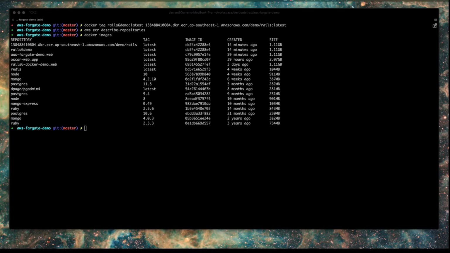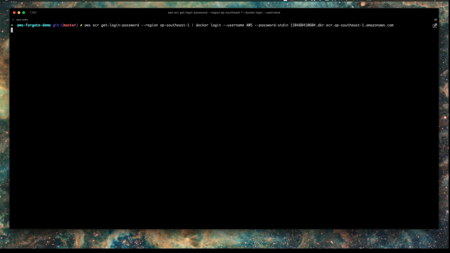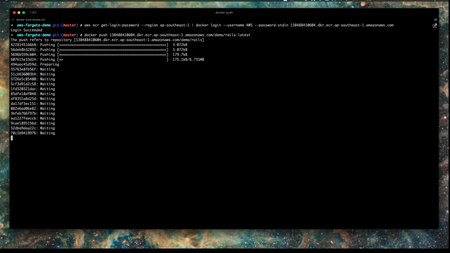So this is what we're going to use to be able to push our container to ECR. Now, before we do that, we need to authenticate Docker with ECR. So we run this command to do that. This is another ECR command, get-login-password. We pass in the region, and then we feed that authentication into a docker login command using the username AWS and the name of our actual ECR repository there. Once we get that login succeeded, we are now free to push the Docker image that we just tagged up to our